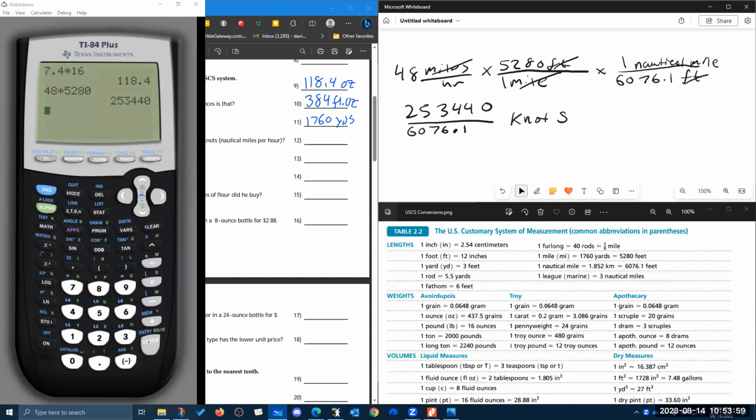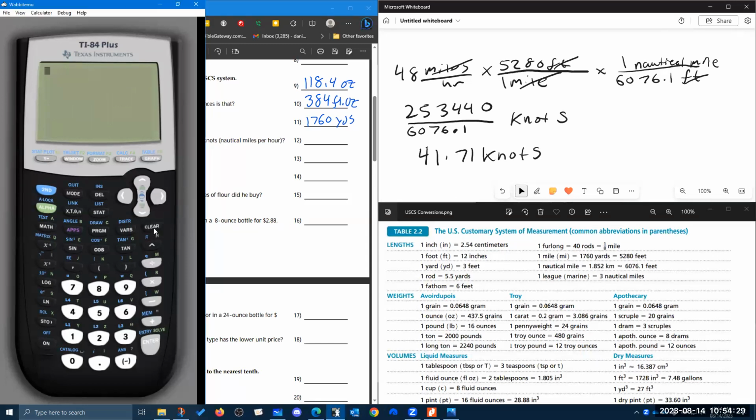And we're going to divide here by 6076.1. I'm going to round to the nearest hundredth here, 41.71 knots. Let me see if I can come up with a conversion factor for you real quick here,